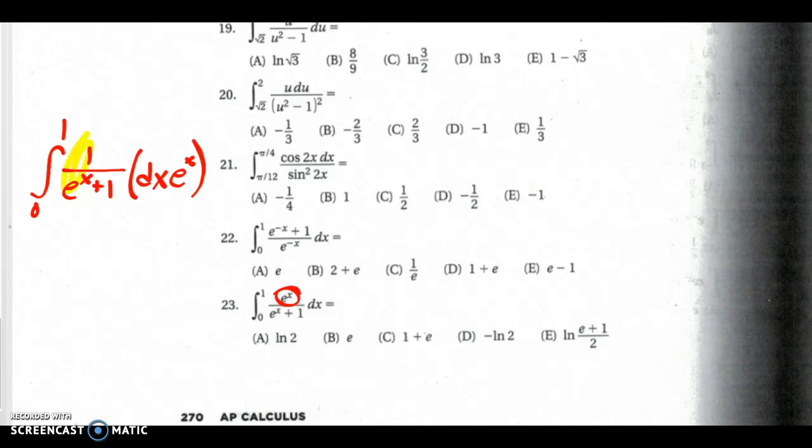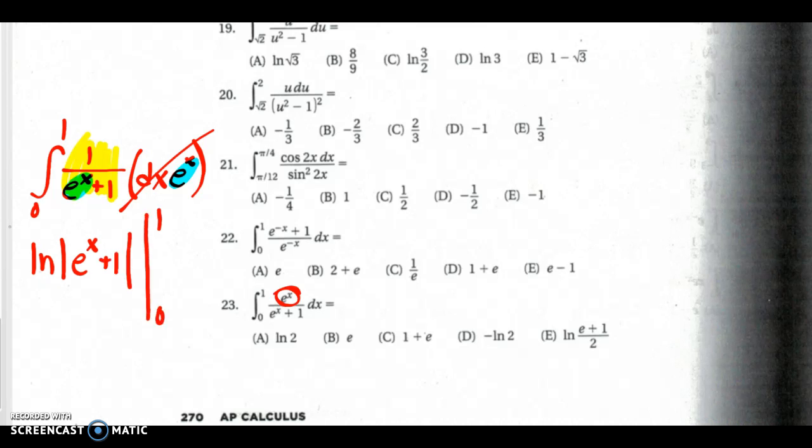First we check we have 1 over something set up. The derivative of the inside, e to the x, is sitting right here. Means I can integrate. I get rid of this. Just forget about it. It's gone when it integrates. The integral of 1 over something is ln, the absolute value of something, from 0 to 1. We'll go ahead and fill those on in. So I get the ln of e to the 1 plus 1. And get rid of the parentheses because everything there is positive, minus the ln of e to the 0,